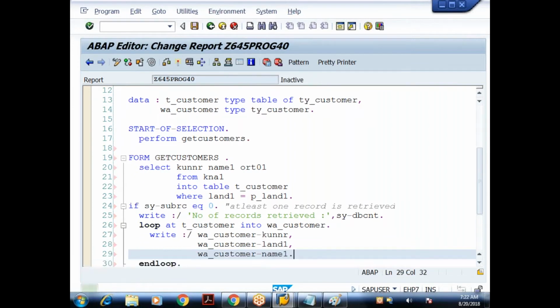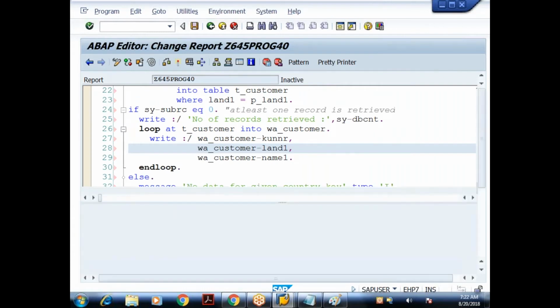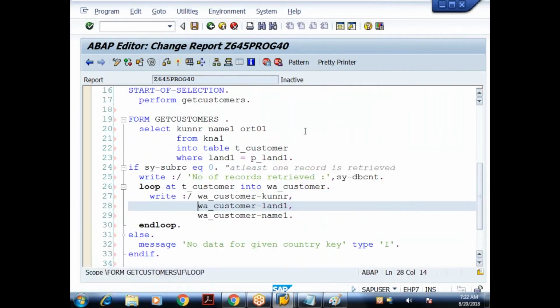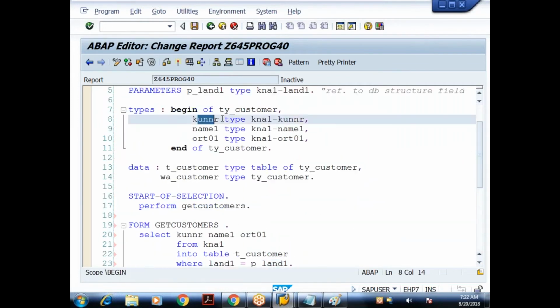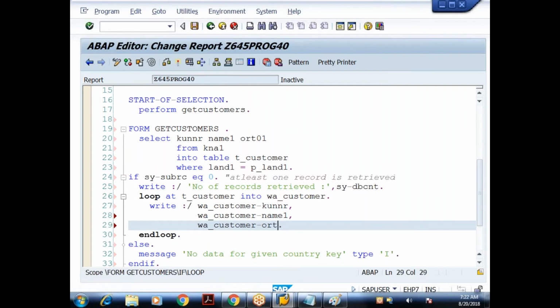Done. So when I execute this, oh, I'm sorry, I'm not getting the land one. I'm getting what fields? Name one and ORT01. In the internal table also, what are the fields? Kunnar, name one and ORT01. So I'll say select. What is this? Yeah, this is name one and this is ORT01. So when I execute,